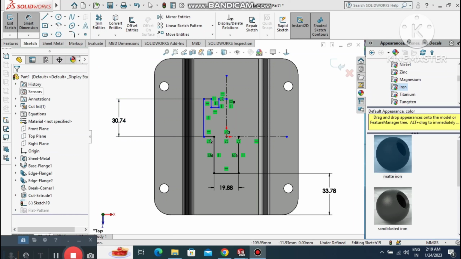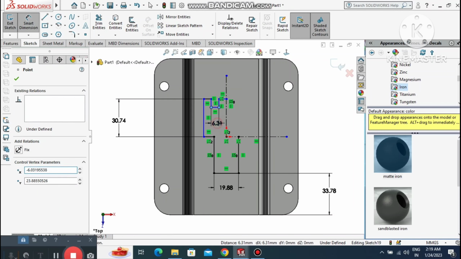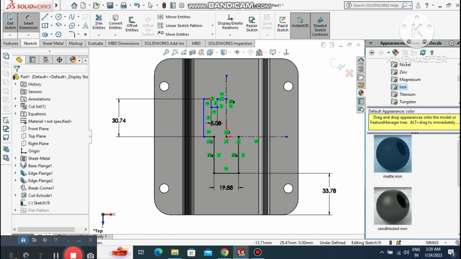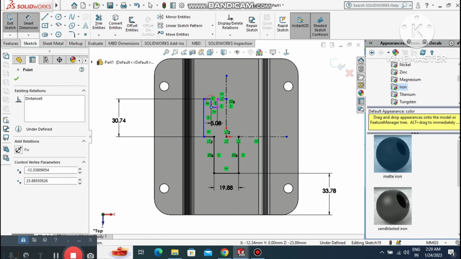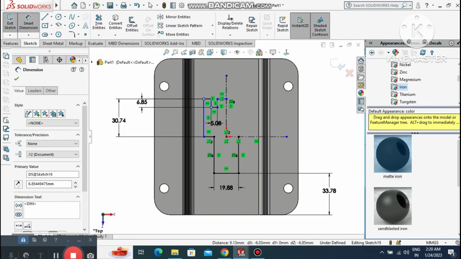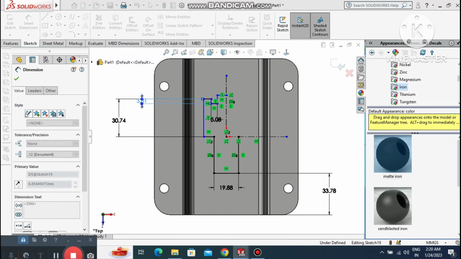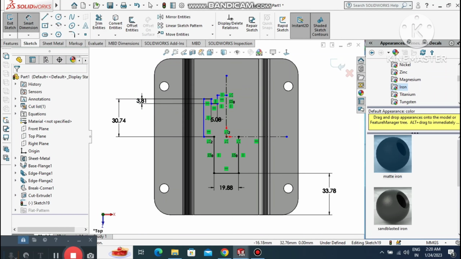So the length will be 30.74 from this horizontal line. Again we select this one and just make it 5.08. Okay, now again select this point and this point. Here we just keep this gap, so make it 3.81. Okay,